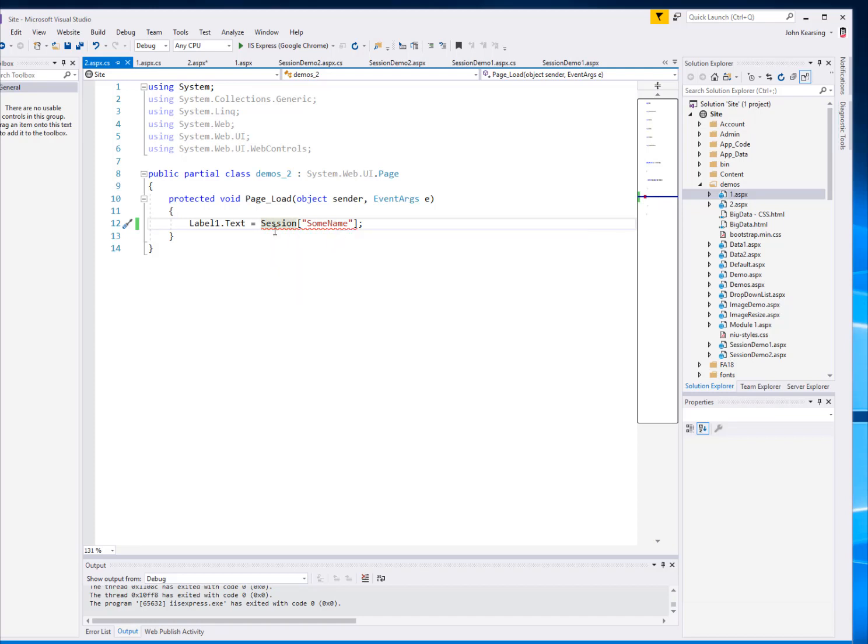Yes, these red underlines indicate an issue, and that issue is that we need to convert this session variable to a string. We need to be very specific inside of C# with our data types, and then we surround that in a set of parentheses. Okay, it looks good. I'll save it, and we'll go back to